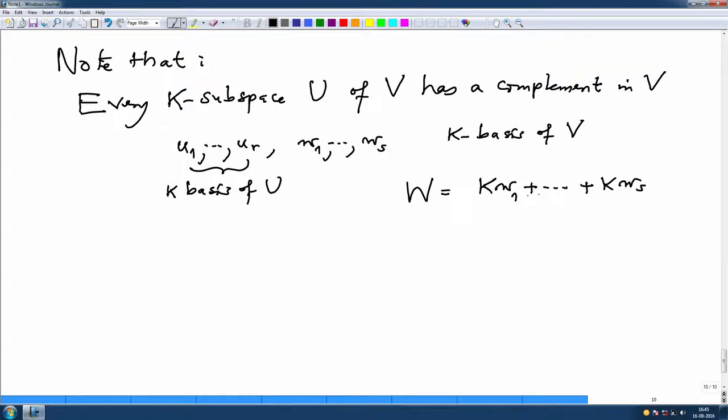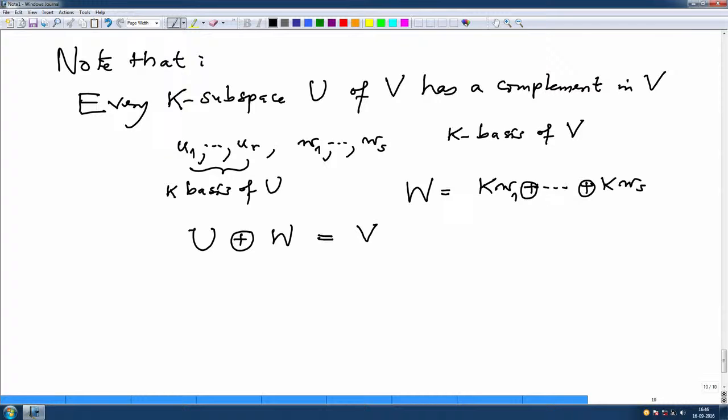And because the w's are linearly independent, this sum is the same as the direct sum. And also it is clear that U direct sum W is V. First the sum is V, that is clear because this is a generating system for V, and it is direct because nobody is in common, because it is a basis. If there is a common element, on one hand it will be a K-linear combination of u1 to ur. On the other hand, it will be a K-linear combination of w1 to ws, but they cannot be equal unless they are 0, because otherwise it will give a dependence relation among these bases.